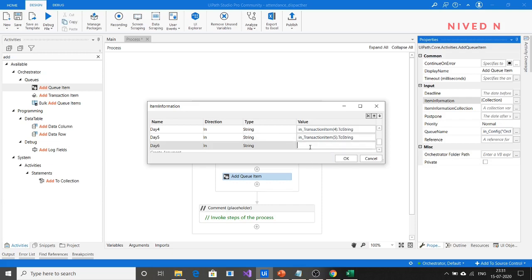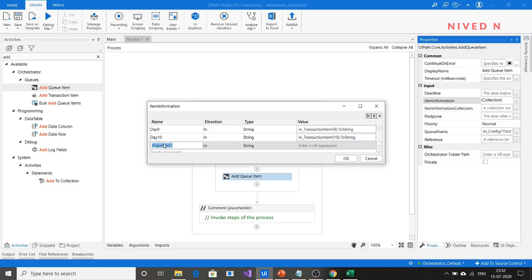Day 6 in transaction item dot 6 dot to string, and day 7 in transaction item 7 dot to string, day 8 in transaction item of 8 to string, day 9, just specify it here as transaction item 9 dot to string, and similarly day 10, specify it here as transaction item of 10 dot to string.